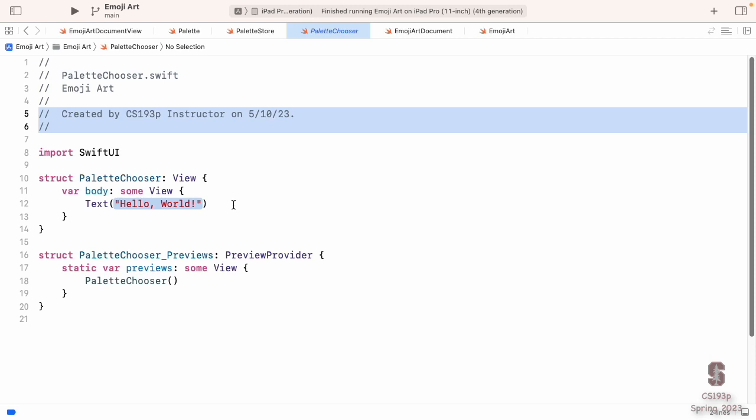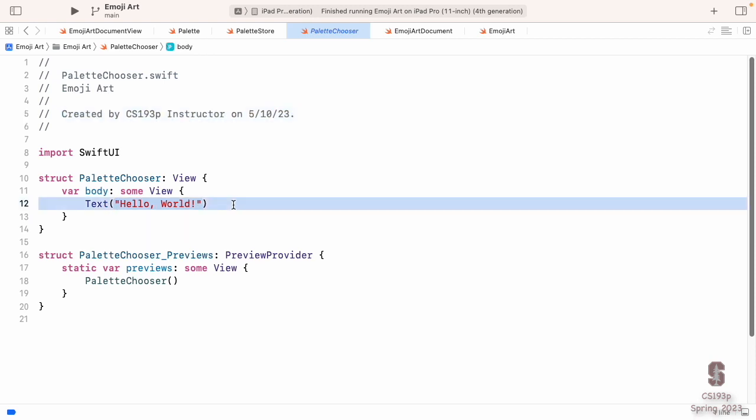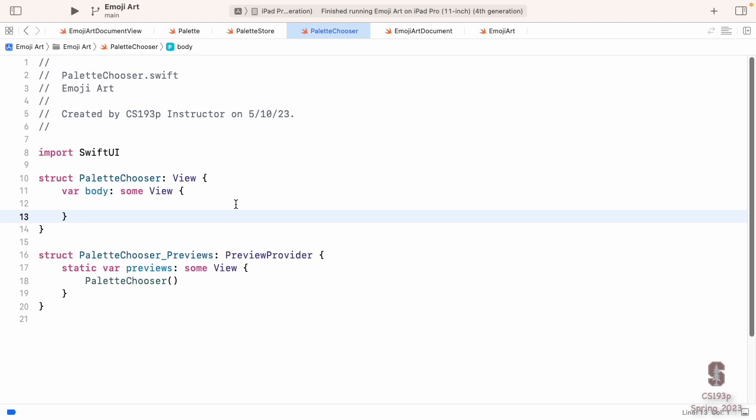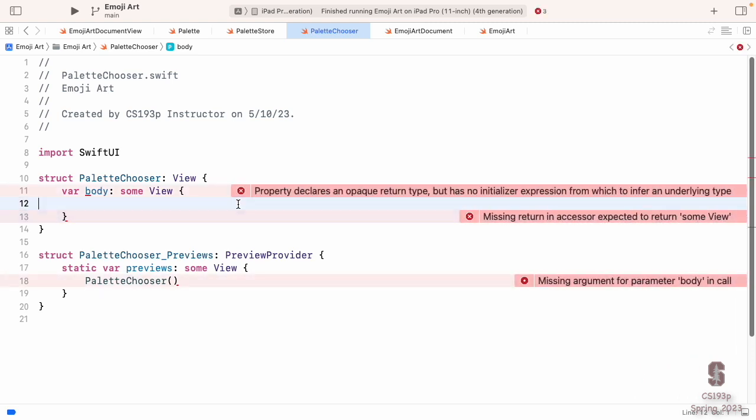So what does our palette chooser look like? I'm going to, again, start with a little bit of pseudo code, and then we'll flesh it out. This is kind of a good way to program too, if you can tolerate all the red errors happening while you do it, which can be distracting, it's still kind of a good way to do it. So I know that my palette chooser on the bottom, it's an HStack of that button, and then like a view that draws each of the palettes, the thing that's rotating. So let's do that, an HStack,